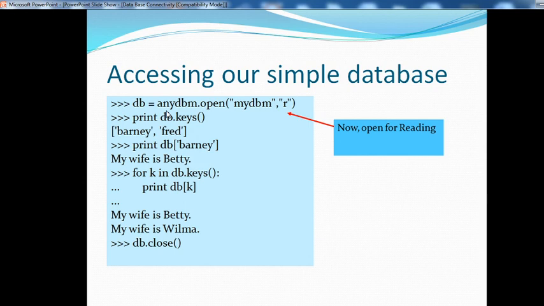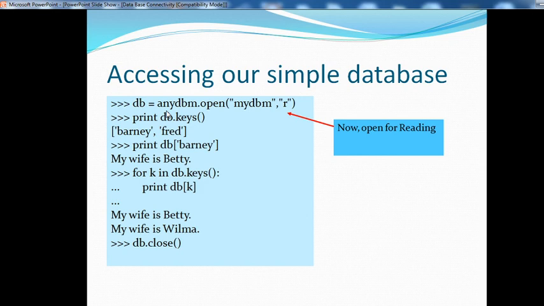Print db.keys(), the keys available in the database, Barney and Fred. Then print db Barney, which has the text my wife is Betty. For k in db.keys(), print db k: my wife is Betty and my wife is Wilma. And finally db.close, which closes your database.